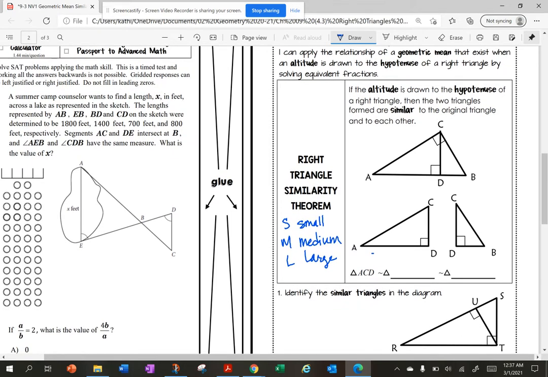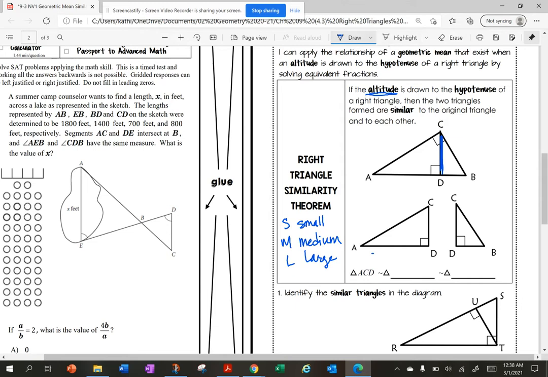All right, so this is called the right triangle similarity theorem. So this says when I draw in the altitude, so here's the altitude, in a right triangle, I have two more right triangles that are similar to the original one. So I have a total of 3 right triangles. So to find the similarity for all of these,